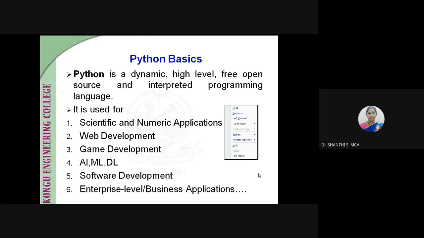Mainly it is used in artificial intelligence, machine learning and deep learning, and also in software development as well as in enterprise level business applications, and many more areas.